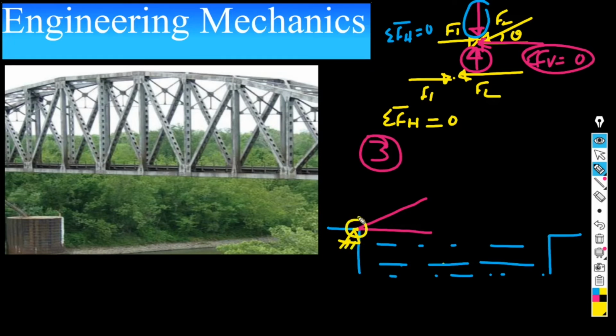Let me move on. Let me connect this point with this member and with one more member like this. Here I have three members with which I can ensure the condition of equilibrium. Let me move on. Let me complete my structure like this, and like this, and like this. At the end also, I have only two members. I can complete my structure by providing one more support like this. This is the basic design of my truss structure.